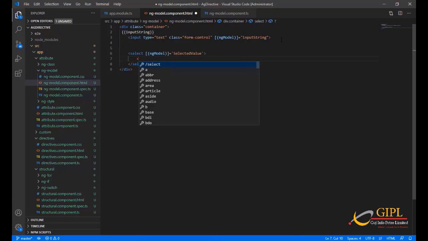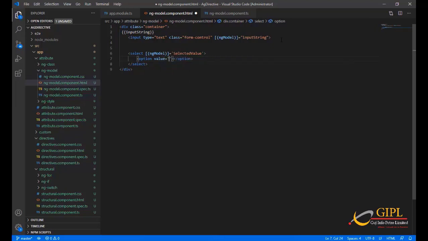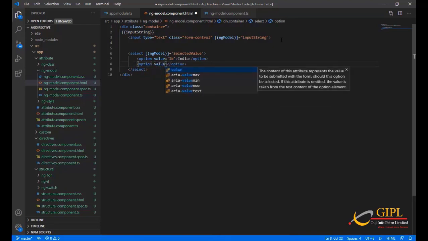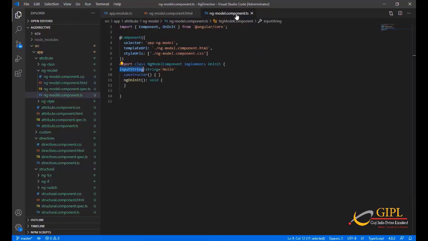Options are value equal to IN, India. Another option is value equal to UK, and UK. Now we will define this selectedValue in TypeScript.